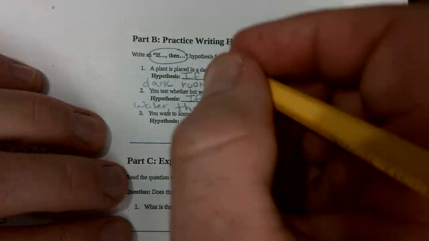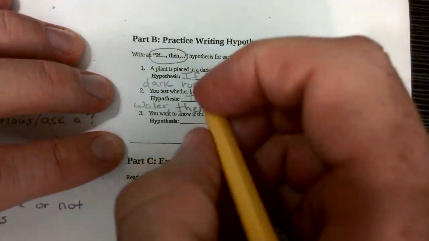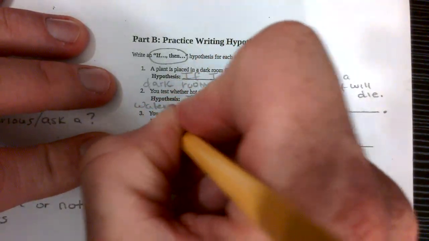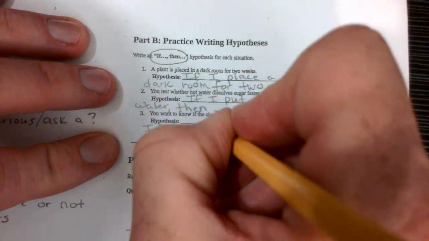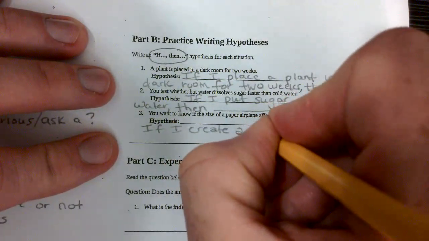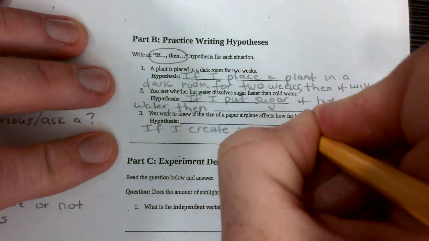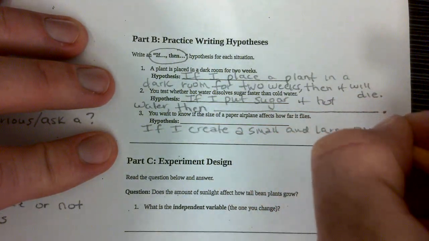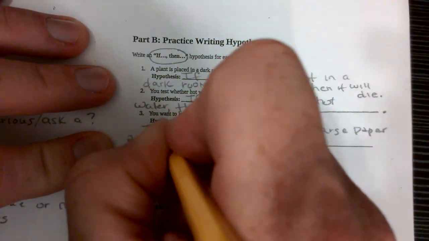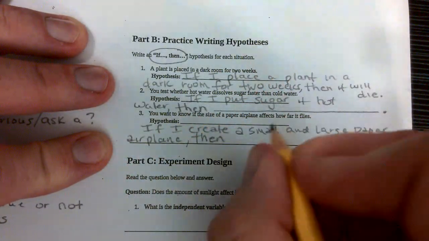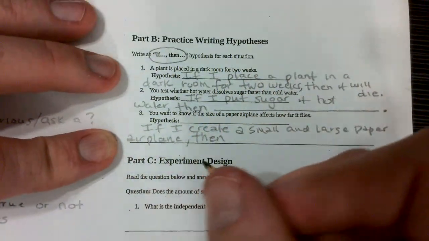So let's write something like this. And I'm going to actually use this space down here because I have a little bit more. If I create a small and large paper airplane, comma, if I create a small and large paper airplane, because you're going to have to do both to compare them,